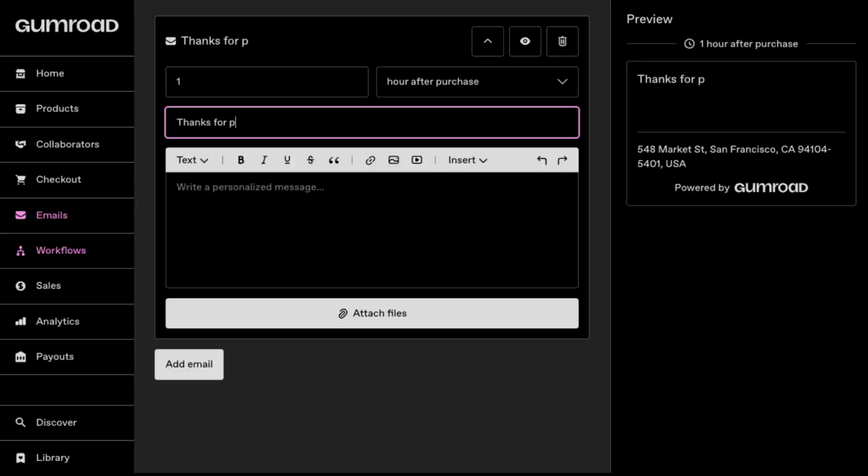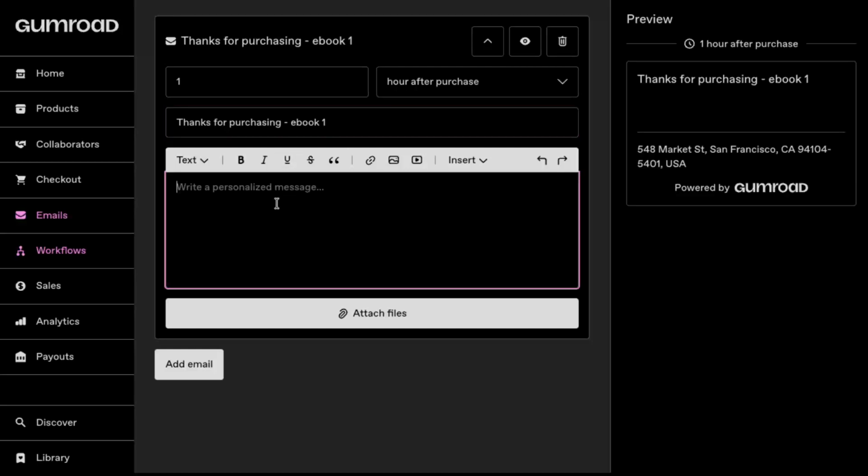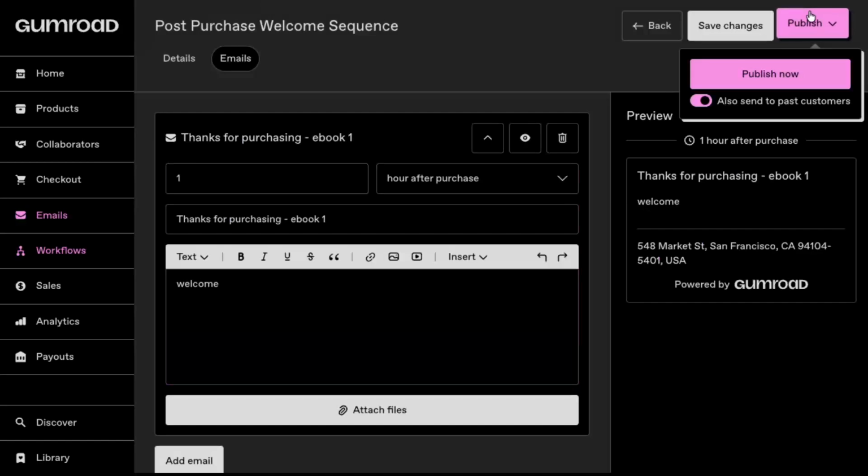Click into the subject line and add something friendly, such as "Thanks for purchasing," followed by the product name. Then write your email content. Keep it helpful. Thank them, explain what to do next, and invite them to stay connected. When you're happy with it, click Publish and then confirm by clicking Publish Now. Your workflow is live, and Gumroad will now automatically build your email list from